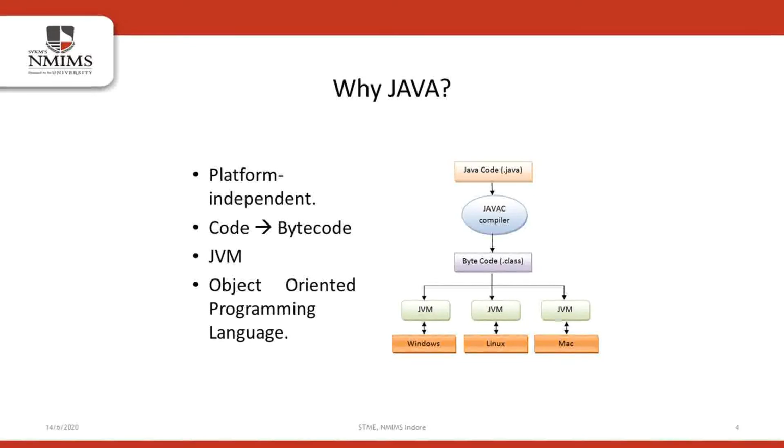Now this same Java code can be run on any platform using something known as the JVM, or the Java Virtual Machine, for that particular operating system. Now this JVM further converts the bytecode to the binary or the machine language which the computer understands and runs the program. Too complicated, isn't it? Luckily, we do not have to deal with what's going on internally. We just have to focus on writing our code. This is the concept of abstraction, which we'll learn in the next slide.